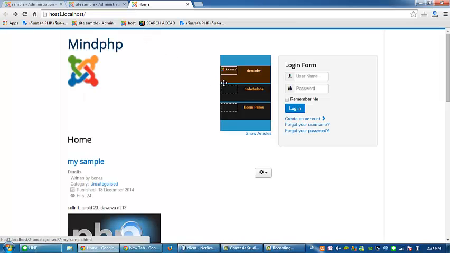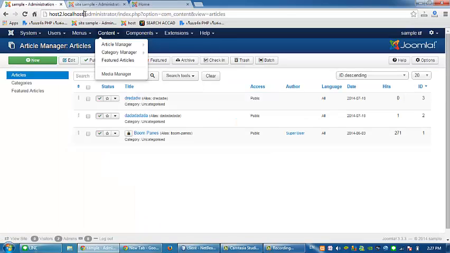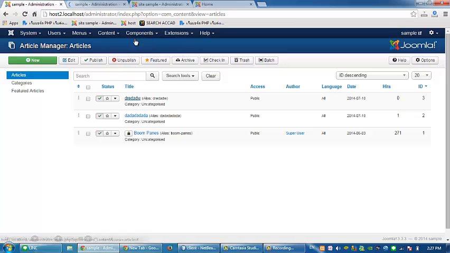It will load different articles. It's from the master, so host 2, and it has different articles.